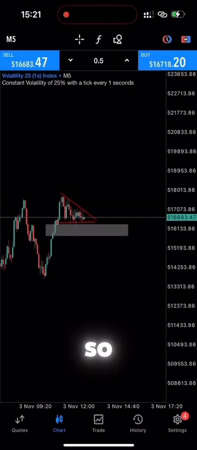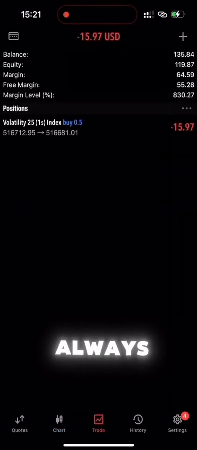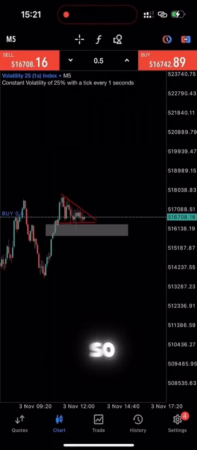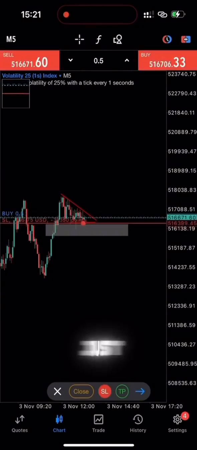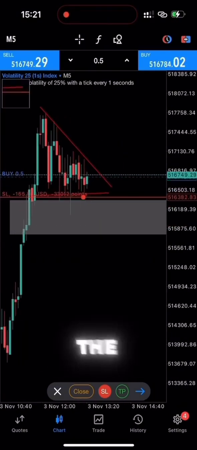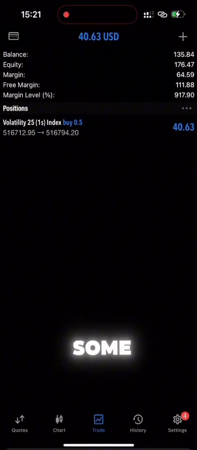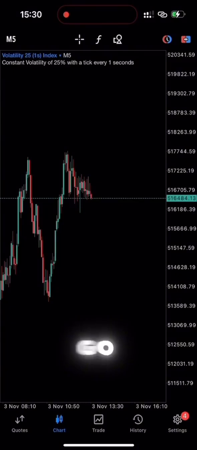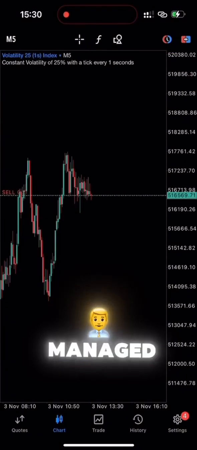Okay, so in this trade we see a pennant, so we see a buy, right? We always see a buy. What about this buy? What is so amusing about this buy? Well, first is first, it always goes down just a little bit to touch the rally base rally over there, and then boom, it goes up. But some, they don't. But as we are scalping, it decided to just go up just a little bit, and by going just a little bit, I've managed to